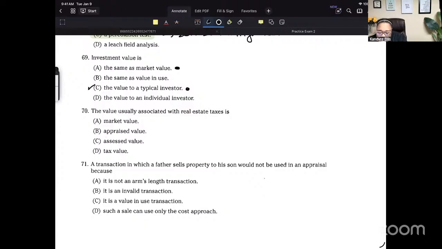I would eeny, meeny, miny, mo between A and C. The value to a typical investor. Okay, so that makes me think, is there a difference between what an investor would pay and what somebody else would pay? Maybe I am leaning more towards A, it's market value, because if it's an investment property, the person that's buying it is an investor, and the investor's going to want it at market value unless they're saying the term market value is